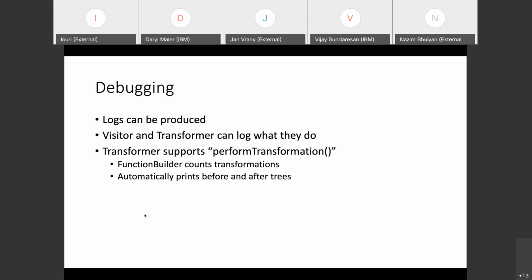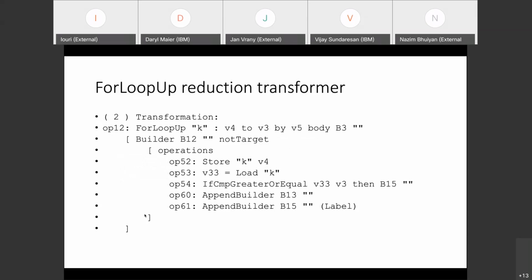And so FunctionBuilder basically counts transformations in conjunction with Transformer. And because of the Pretty Printer functionality, you can actually print the operation before and the operations that you're transforming it to directly in the log. So for example, there's another transformer I wrote, which I called a dialect reducer, but the idea was that it would reduce higher level functions, kind of like what I was talking about with Irwin before. It could take a for loop and break it down into more of a basic block kind of notation. And so all it does is it turns this for loop over K into